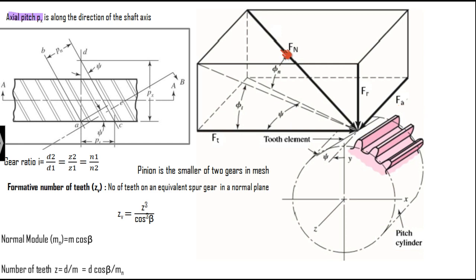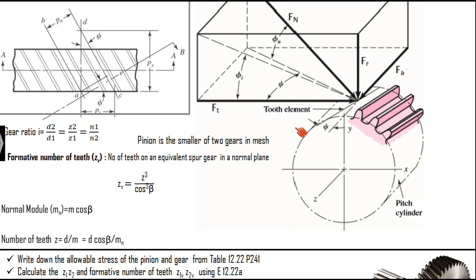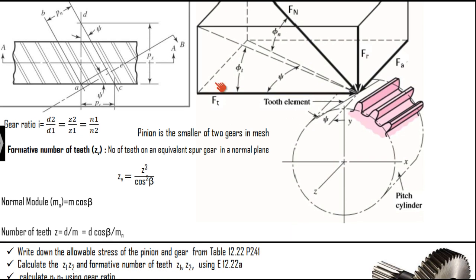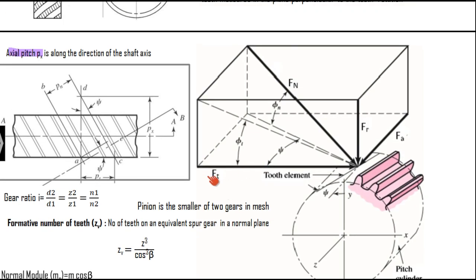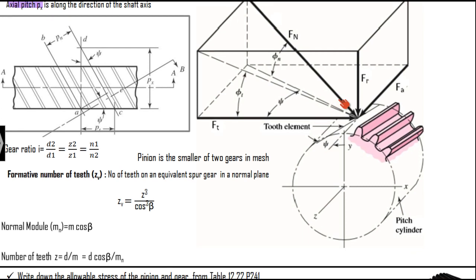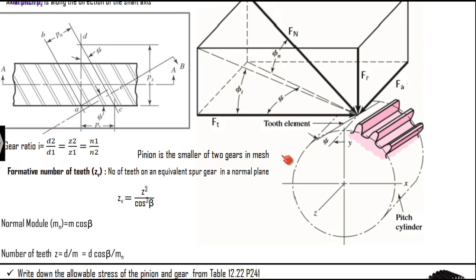If we resolve this, this diagonal is going to be Fn cos phi n. Again, if you resolve from here to here, you can have the Ft, and if you again resolve from here to here, you can have the Fa. It is a very simple trigonometric calculation in which you can find out the various values of Ft, Fr and Fa. All these values are provided in the data handbook also, but you should know how they are calculated. It's a very simple thing, basic mathematics.